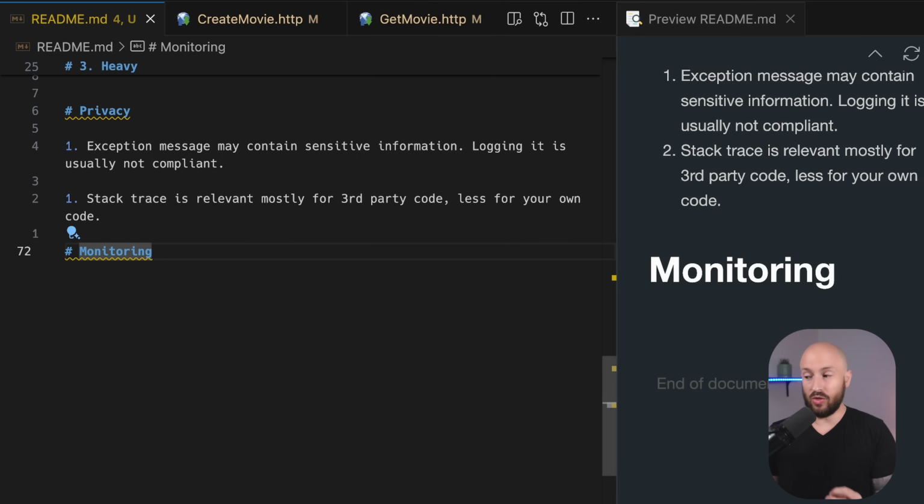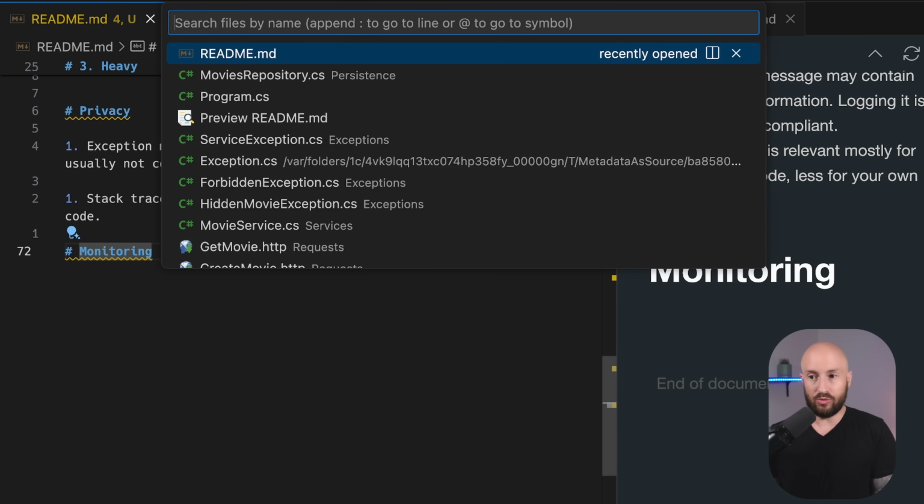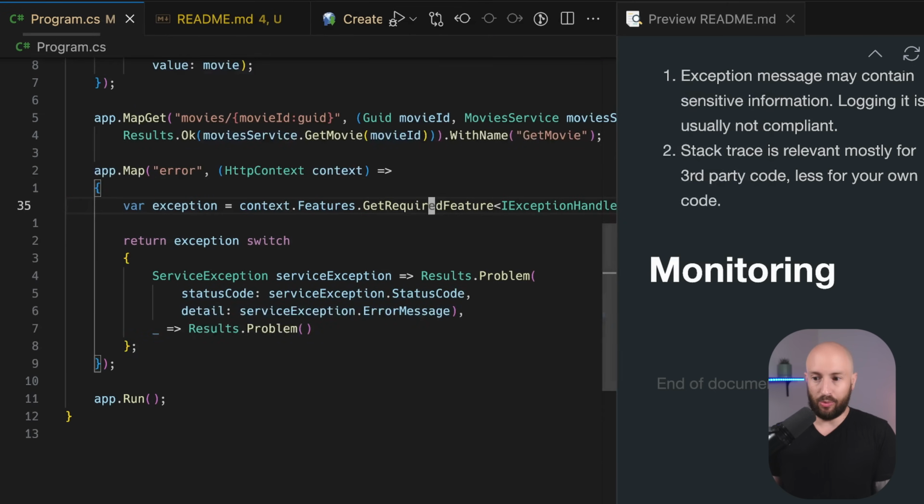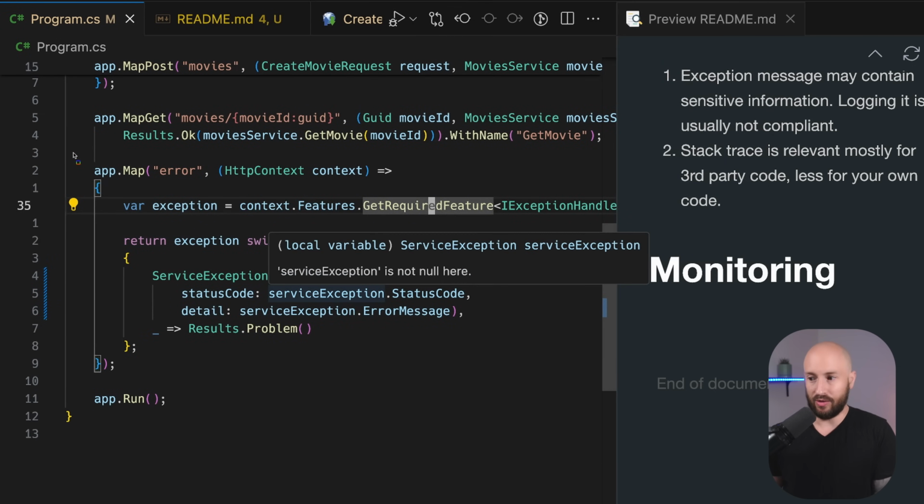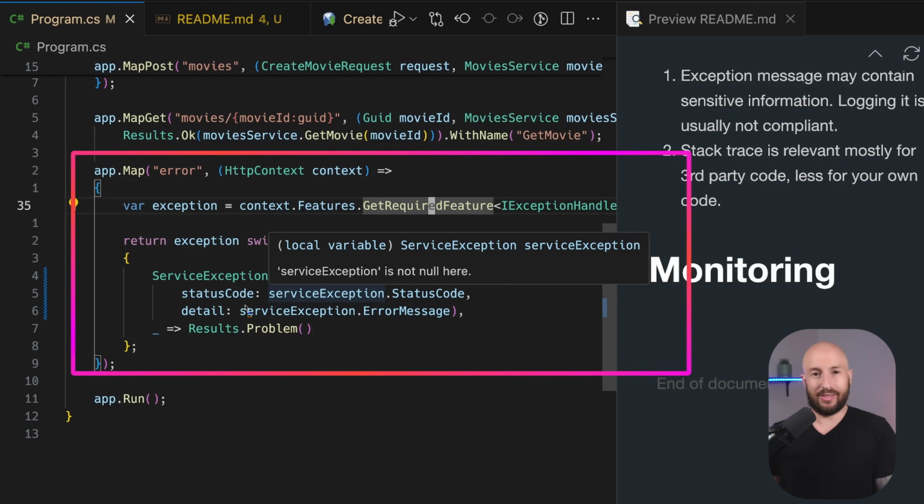Last but not least, you have monitoring. So any real-world application that serves users should be monitored. What do we mean by that? So if we're looking, for example, at the global error handling that we have over here, then simply logging details to the database and returning details to the client isn't enough because if some exception is happening in a very high percentage, then you'll likely want to be woken up in the middle of the night about it and know that something's going on.